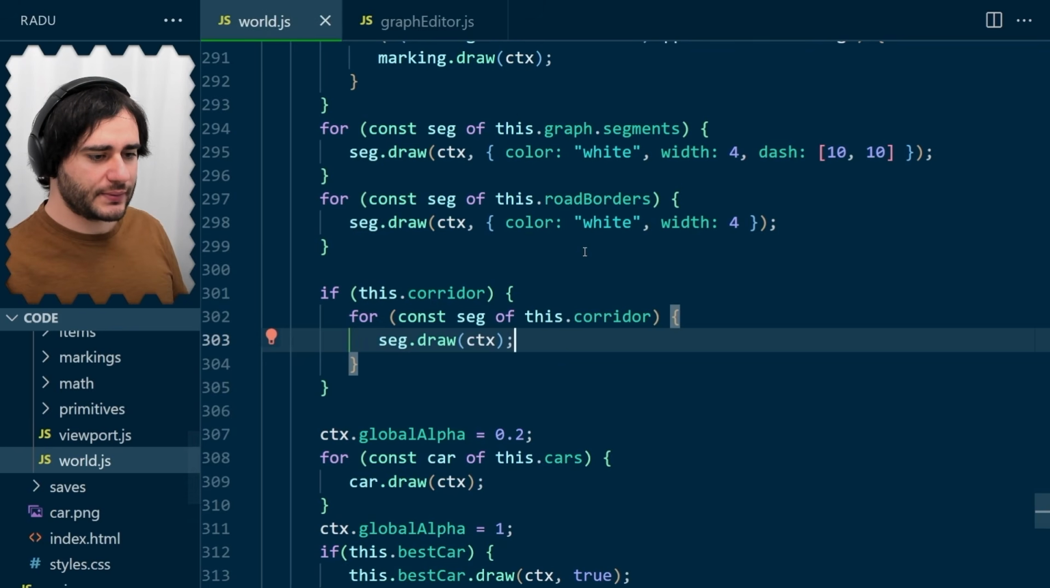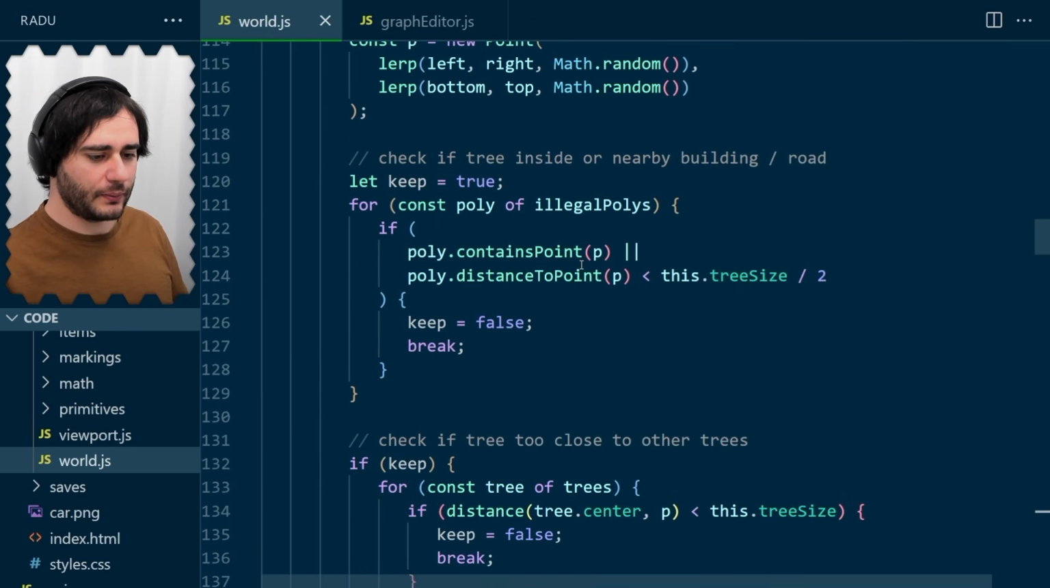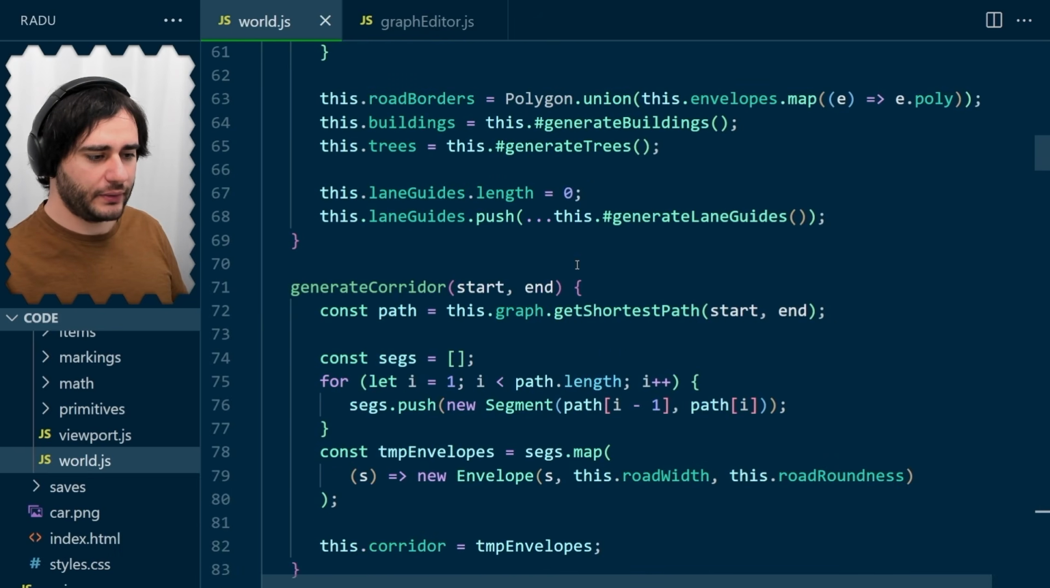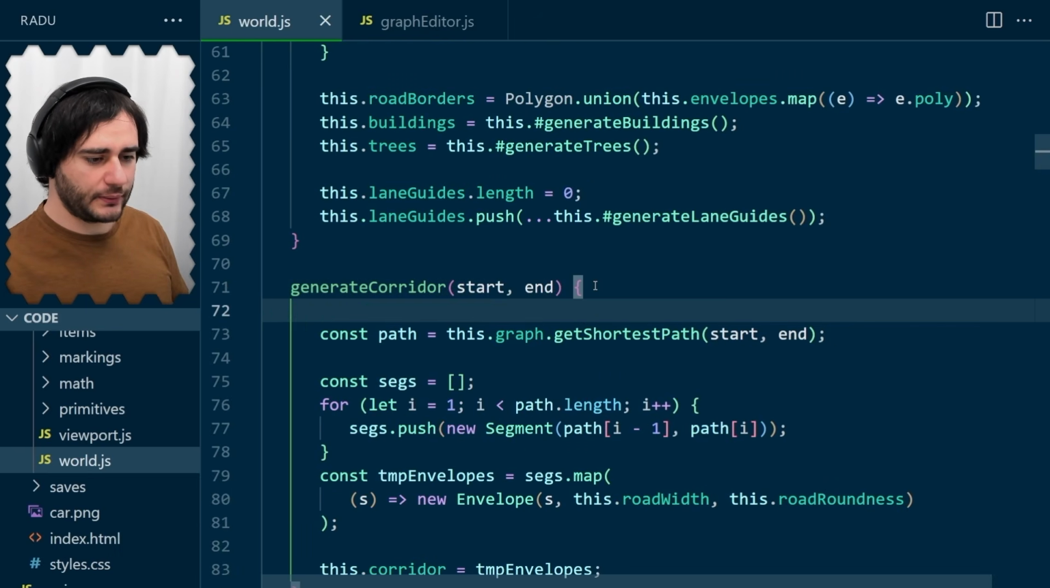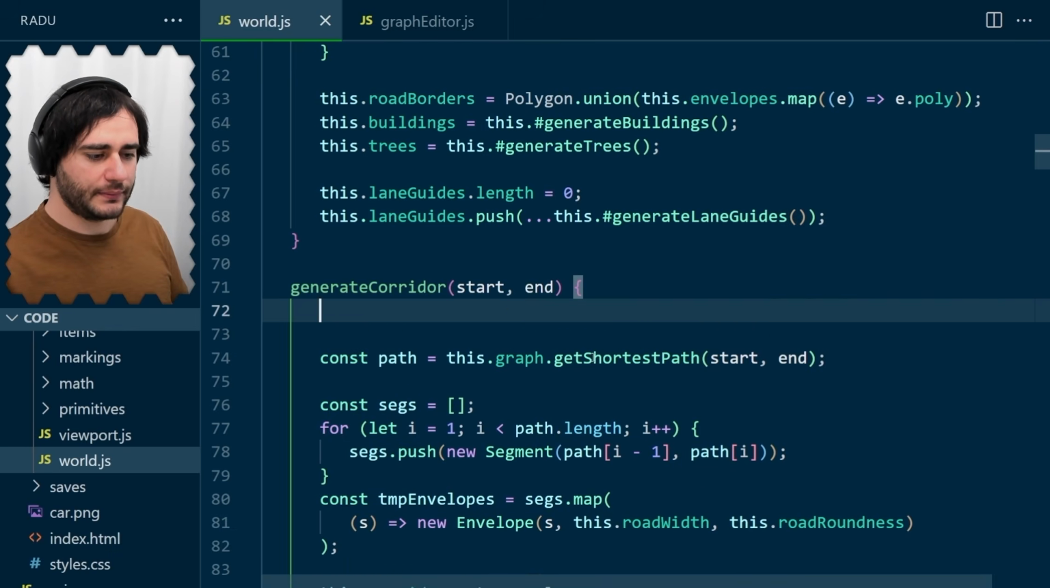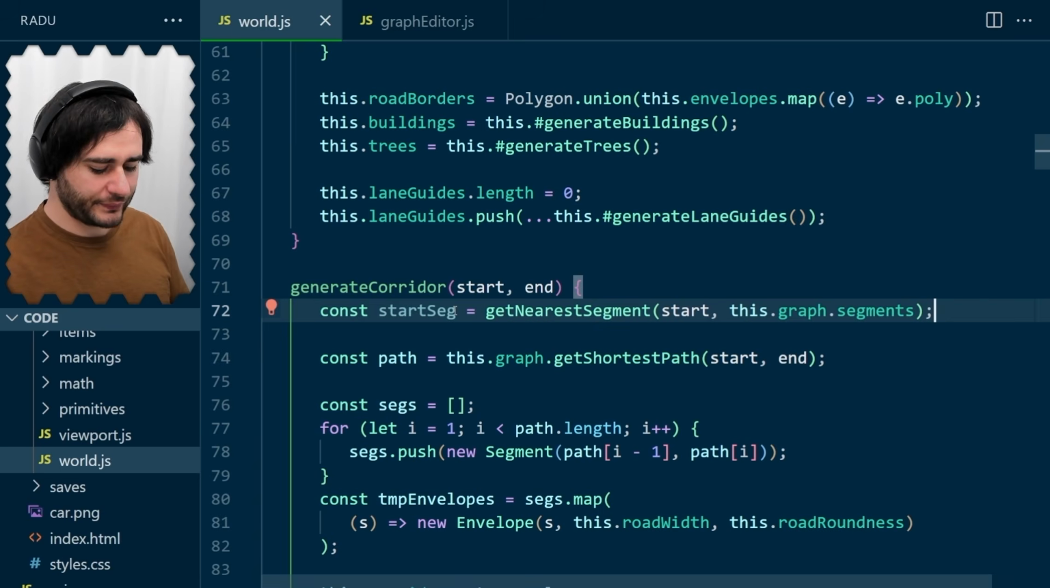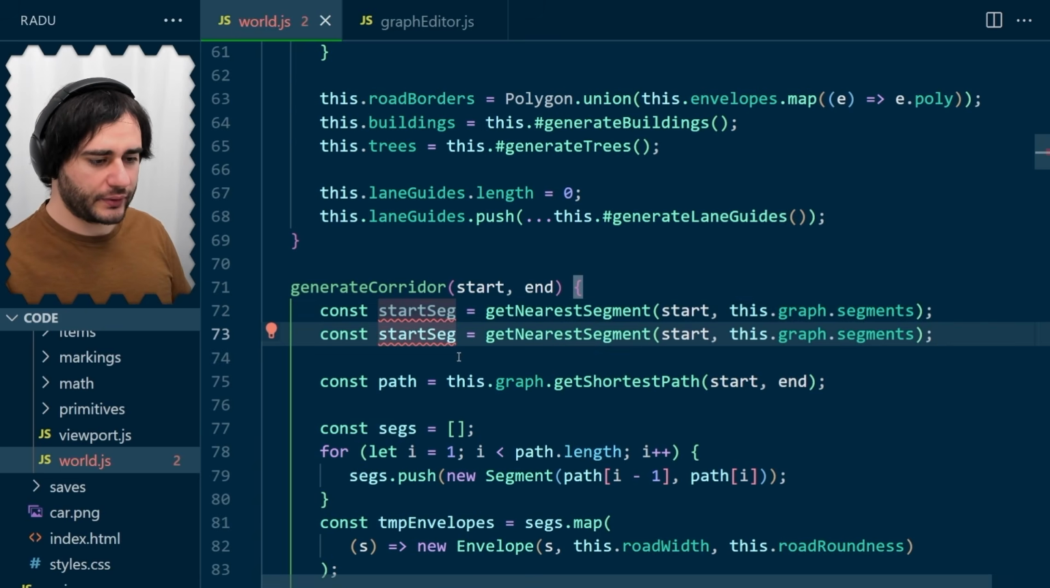Inside of world.js, where we are constructing the corridor, so in the generate corridor method up here, we have to do something to these points before passing them to the shortest path. Let's take first the nearest segment to the mouse click. So we can use here the get nearest segment from the start and looking inside of all the segments from the graph like that. This is going to give us the start segment. And we can do the same thing for the end segment,